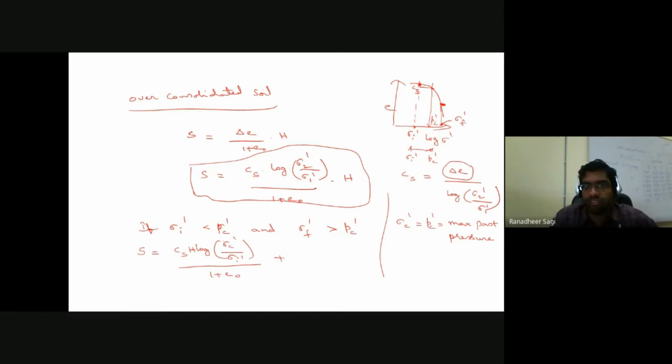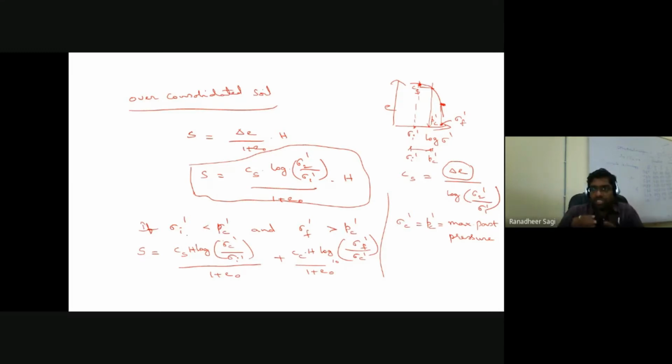for the rest portion of the stress condition varying from your p c dash to your final effective stress, the slope of your compression curve is nothing but Cc, because it corresponds to the normally consolidated region of the soil. So, height of the soil sample is H, log. Your normally consolidated region portion of the curve gets started from the maximum past pressure. From there only your normally consolidated condition of the soil gets started, and the final effective stress is sigma f dash to the base 10 divided by 1 plus e naught. So this is how we are going to be calculating.